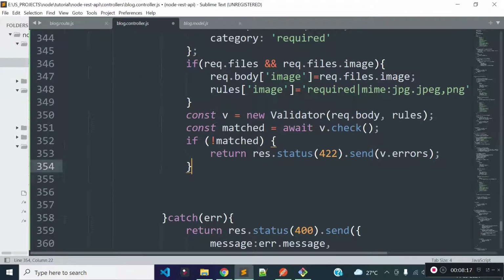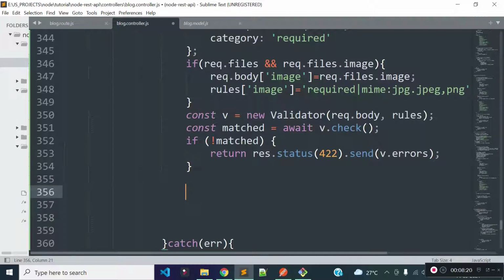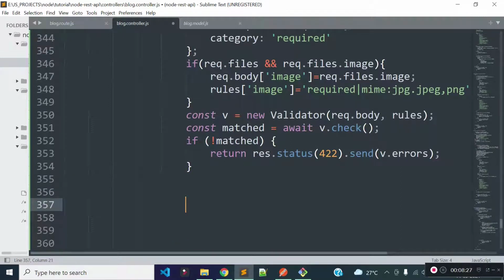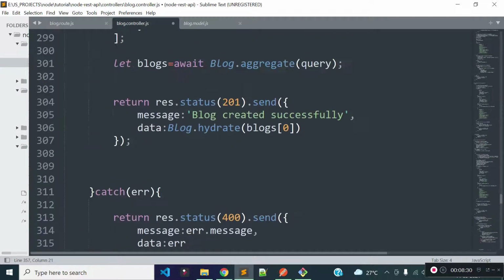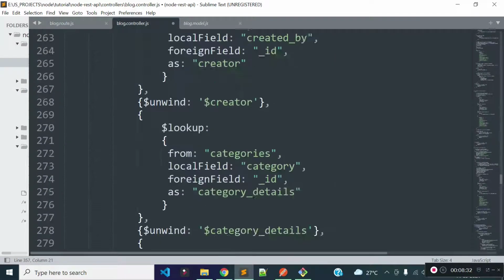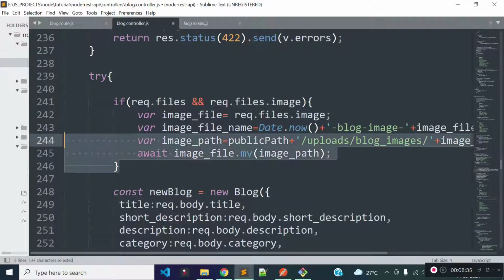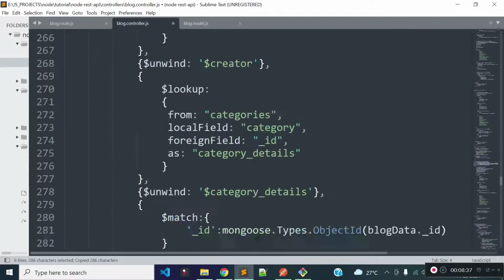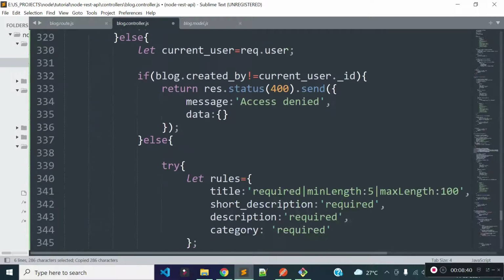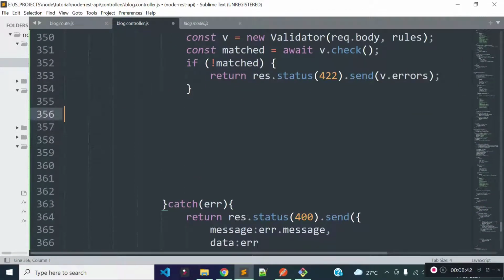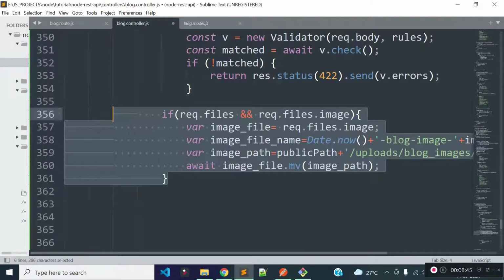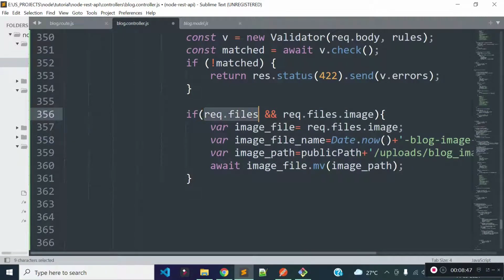And if validation passes, then what I'll do, I'll check if the user is updating the blog image, then we will upload the new blog image and we'll remove the old blog image. So I'll take the code from our create method where we already uploaded the blog image. So let's take this code and let's paste this code inside our update method. So I'm checking if request files are there, and if there is an image the user is updating for the blog, then what I will do,